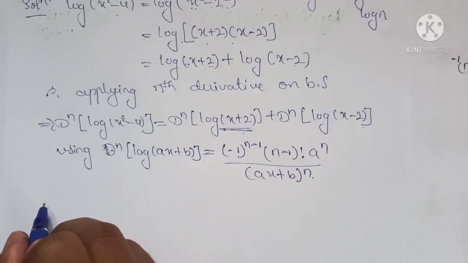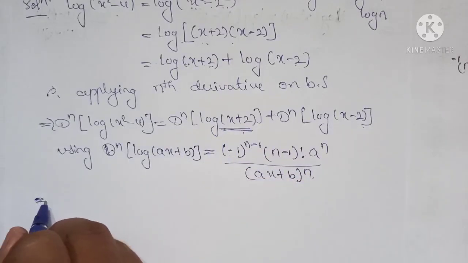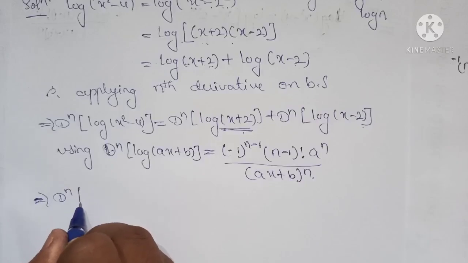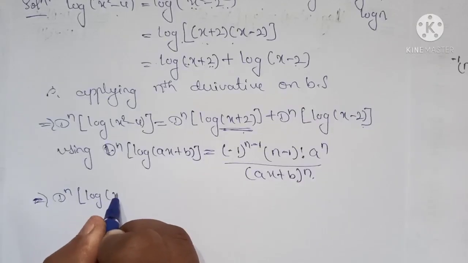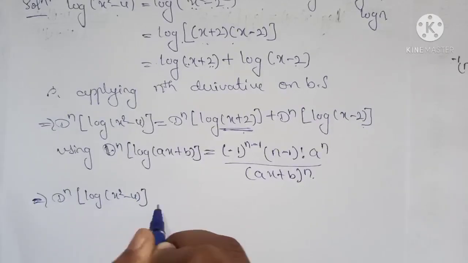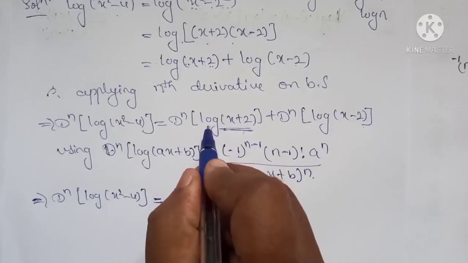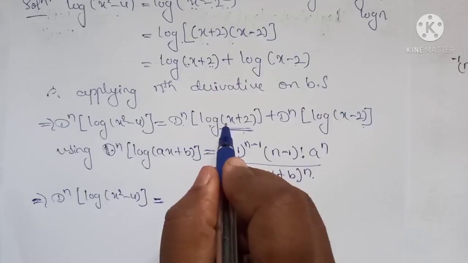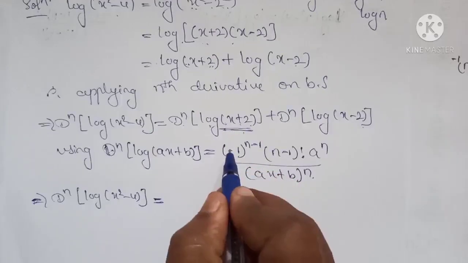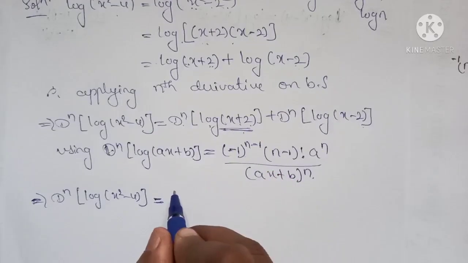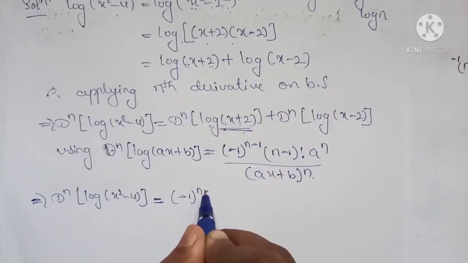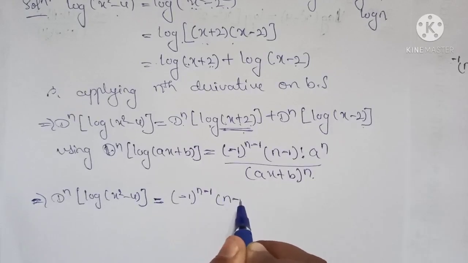Therefore the nth derivative of log of x square minus 4 is equal to, so the nth derivative of log of, it is in the form of ax plus b, so its formula is minus 1 raised to n minus 1 factorial